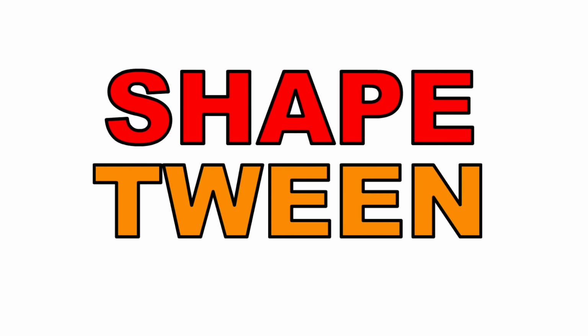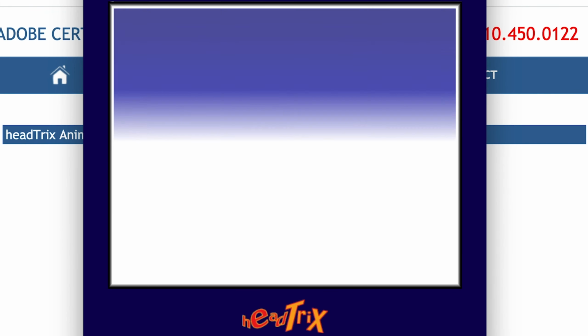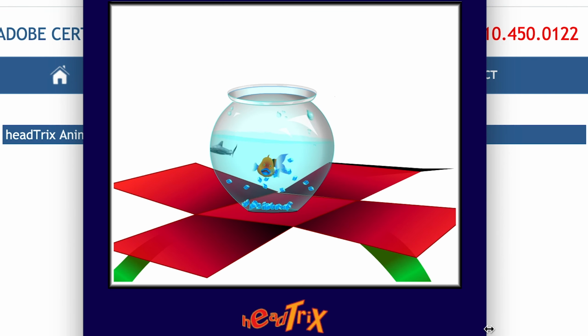In this video, I'd like to introduce you to something called Shape Tween. A shape tween is different than a motion tween. A shape tween consists of two ungrouped objects. It's like two vectors morphing together, as you can see here with this box opening and the water in the